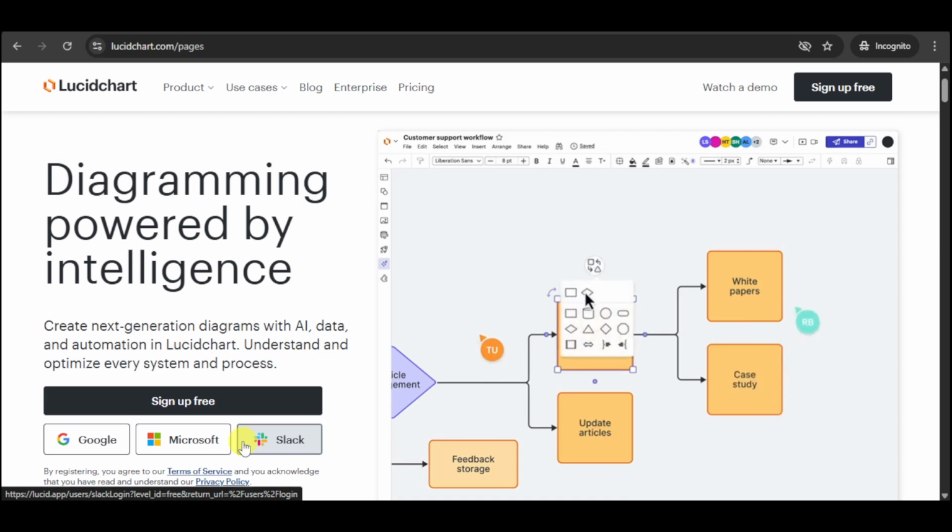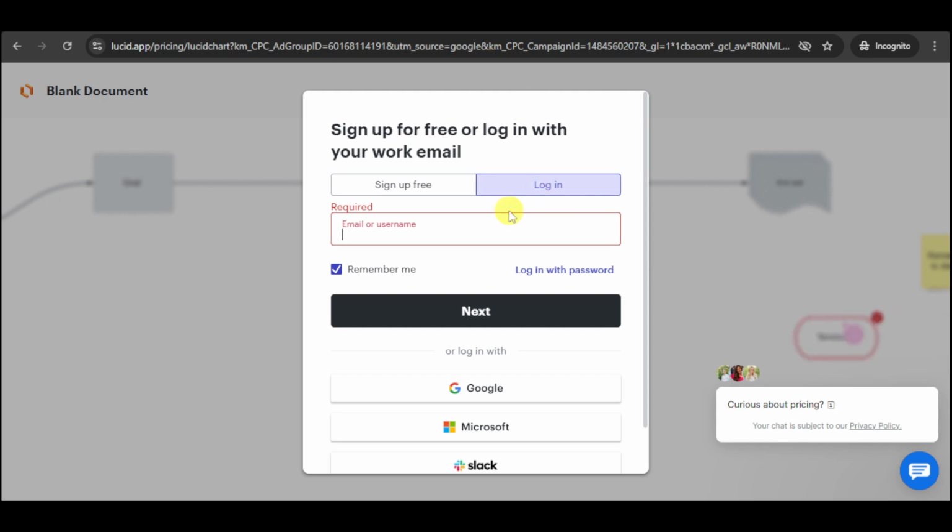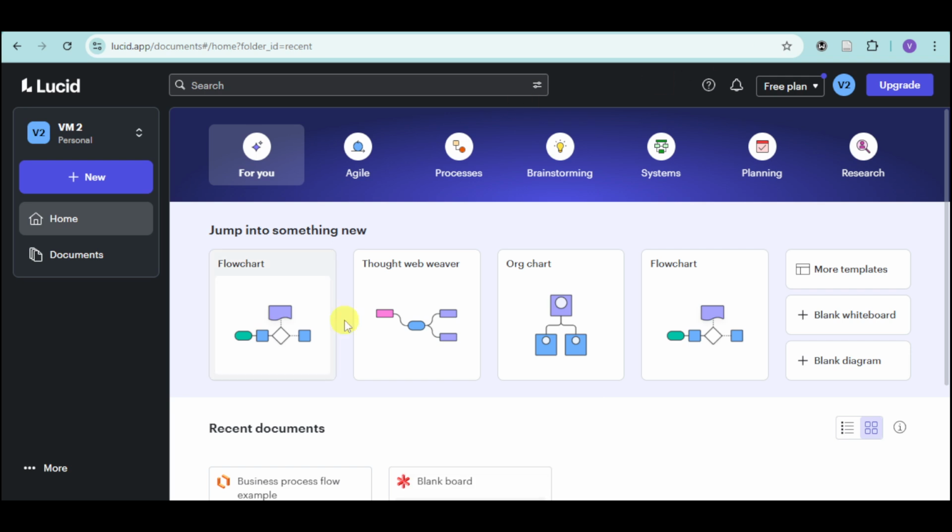If you already have an account like I did, just head over and click onto this sign up for free and you should be able to see in here this login option. Just enter your email or username that you already use. Now in my case, I already have my actual account, and if I want to delete the payment method, you